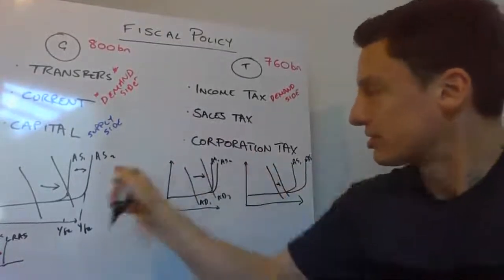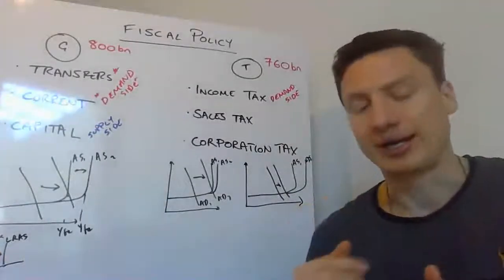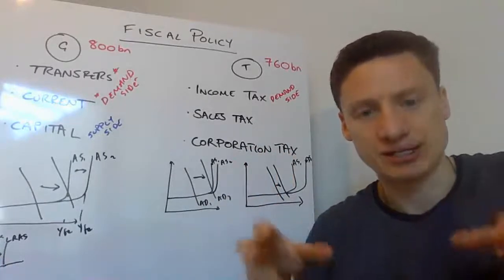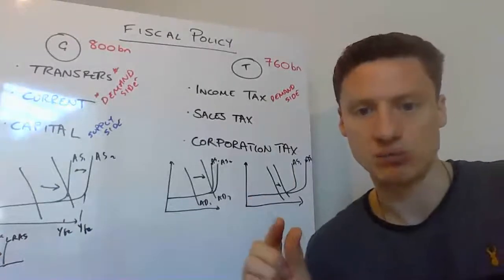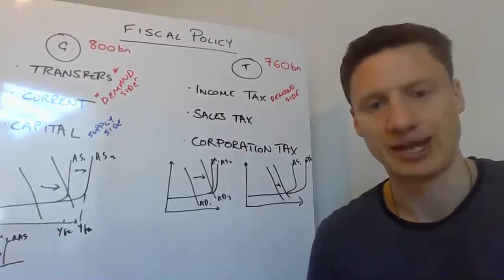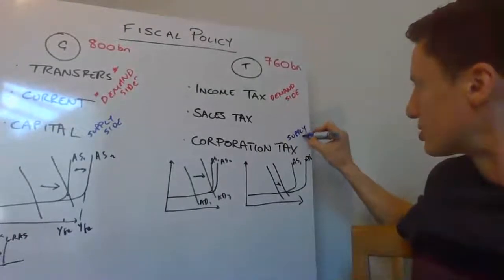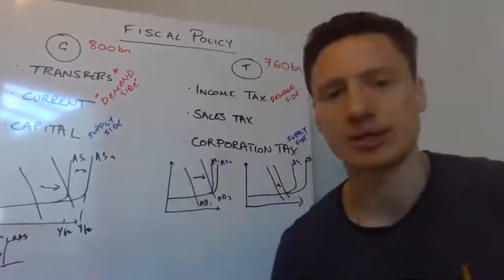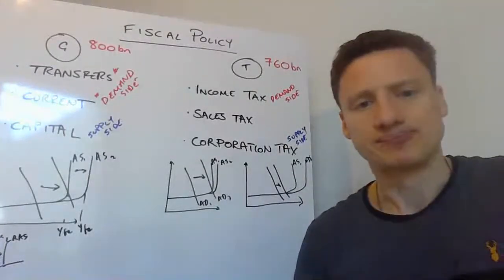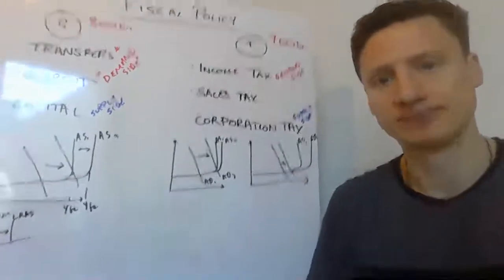So that one is kind of similar to what we said about capital goods over there. Income tax and corporation tax have very similar effects, but the balance is different. Income tax is very much big changes on AD, small change on AS. For me, corporation tax is small change on AD, but a much larger change of AS. And this is why, for me, reducing corporation tax should be considered a supply side policy. Sales taxes then. Sales taxes are slightly different to all of the above.